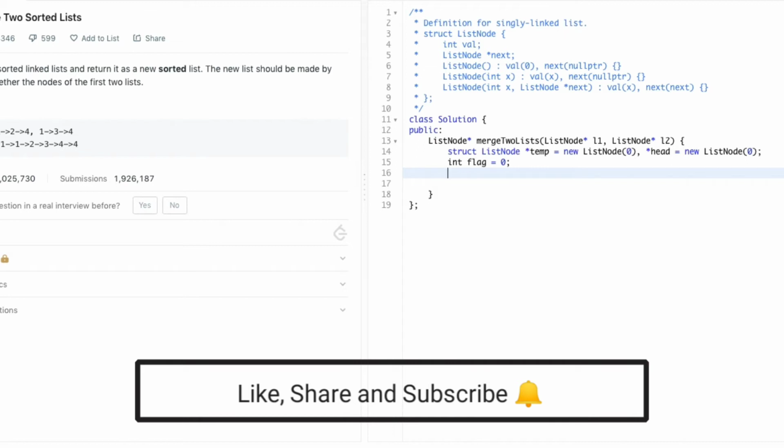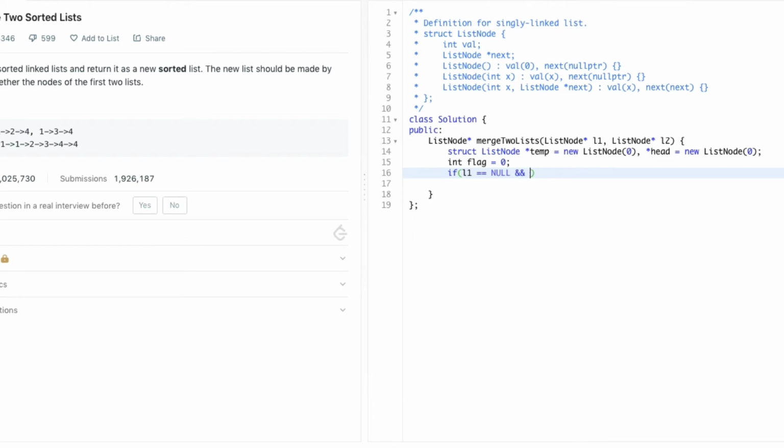We need to check if both the linked lists are null, then we need to return null. And if either of the two linked lists is null, then we need to return the other one. That is, if L1 is null, then we need to return L2 or vice versa.